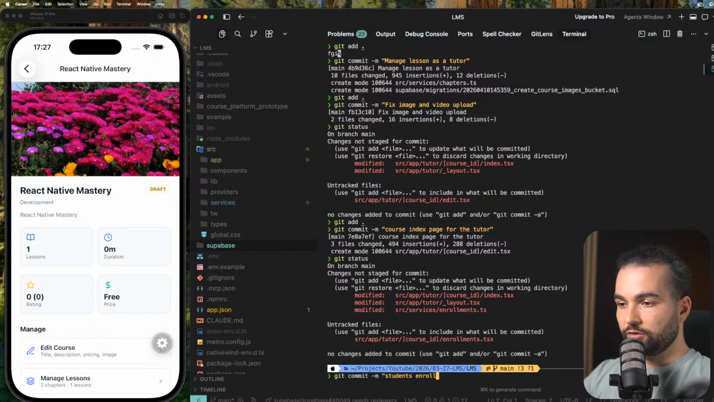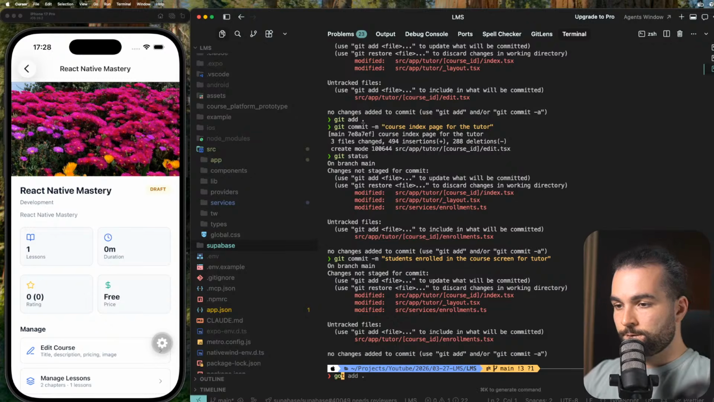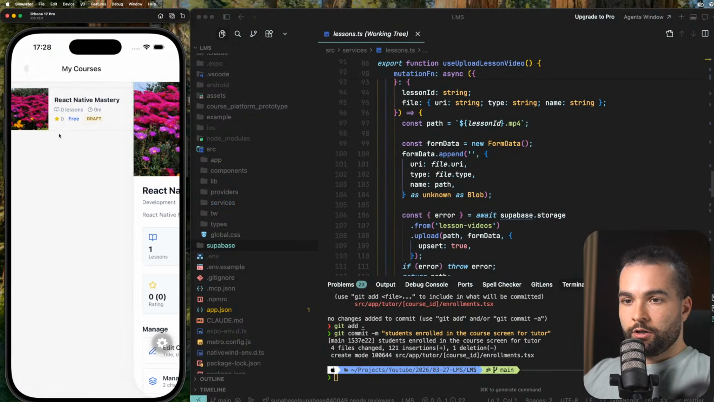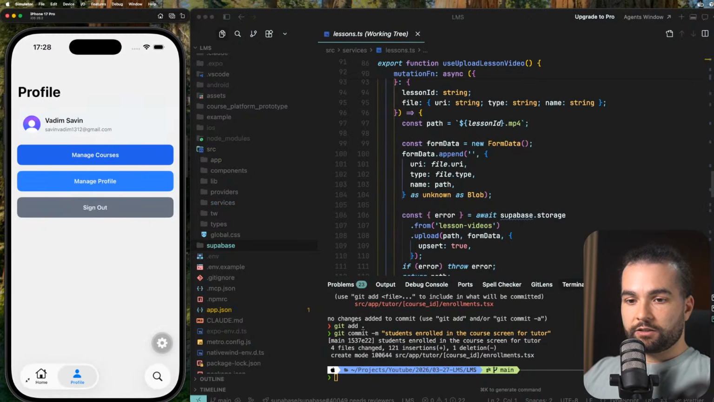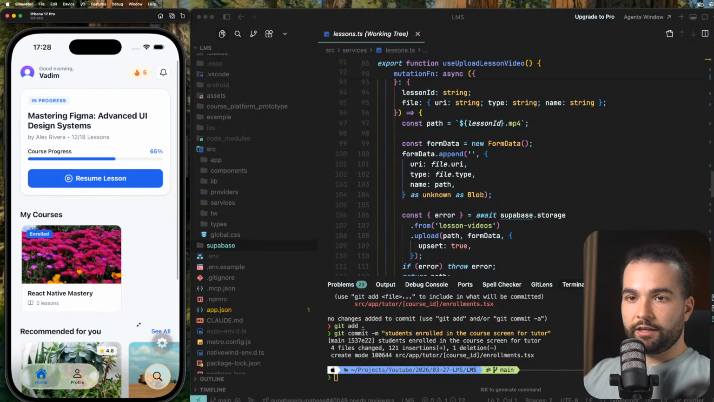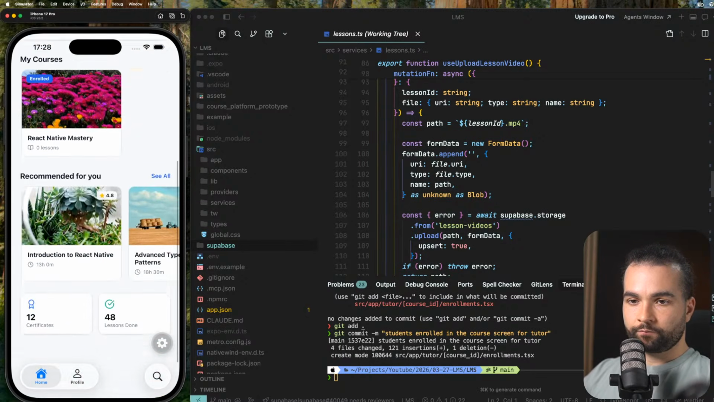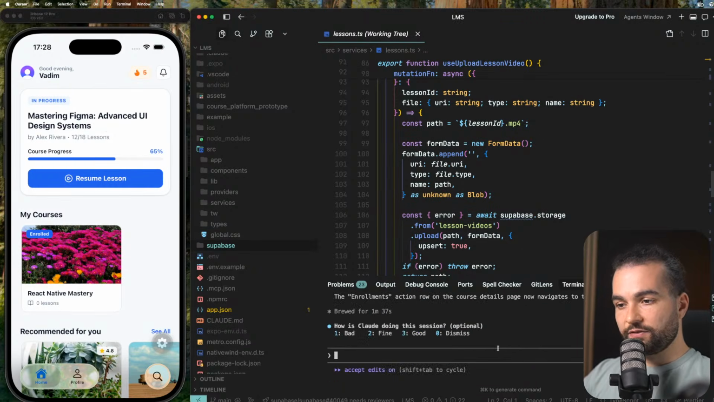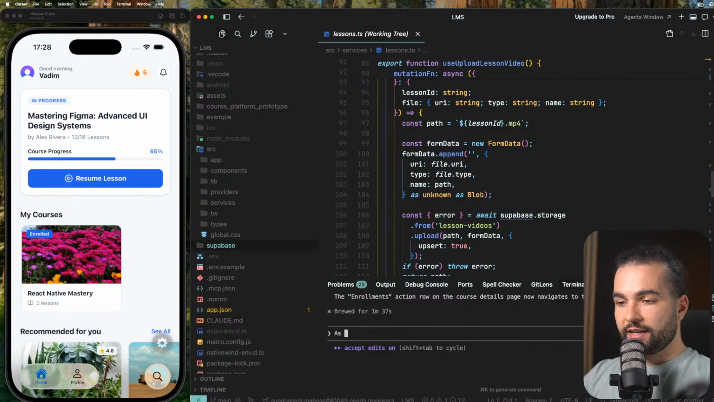Students enrolled in the course screen for tutor. Okay, what else? What else do we want here? To properly manage this in progress, yeah, let's fix that. As a user,